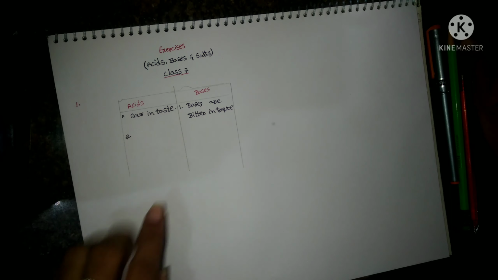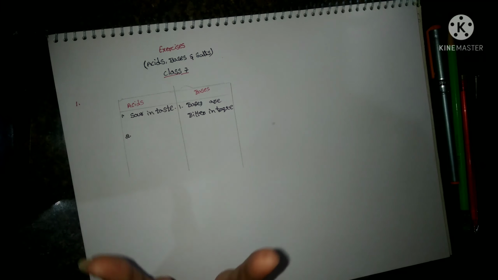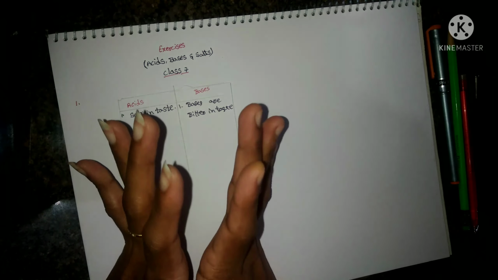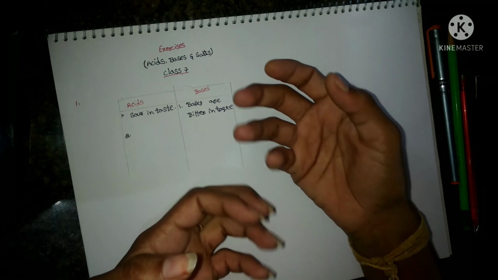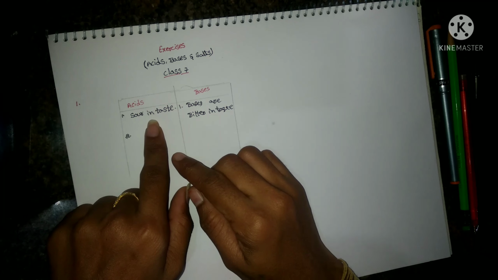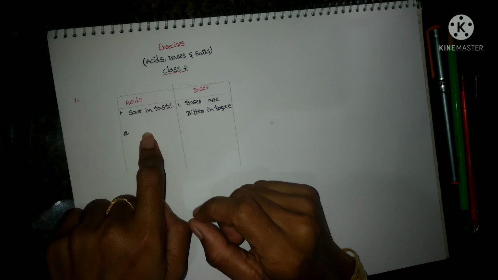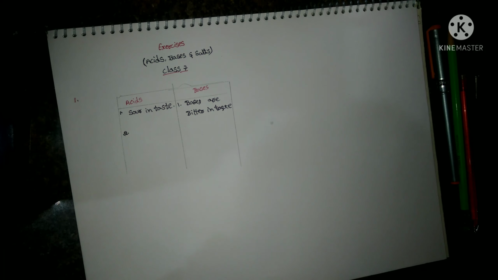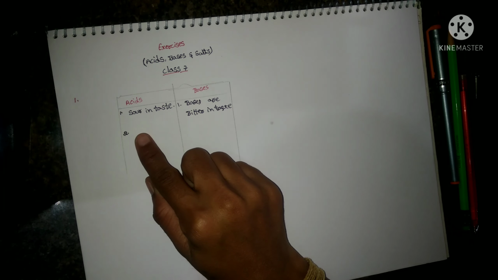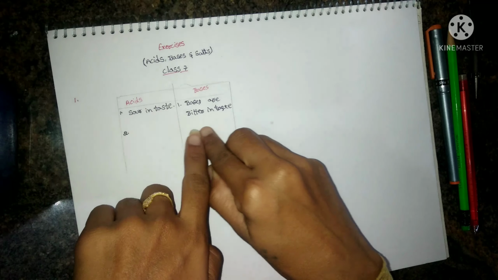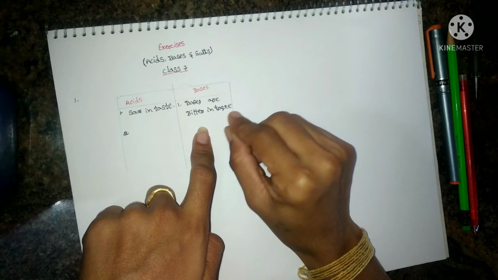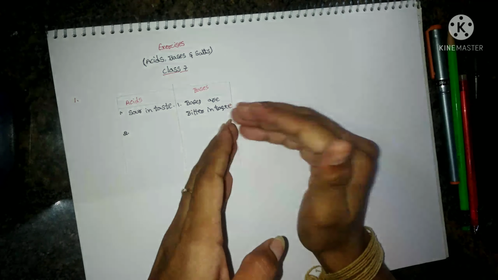So the first point, acids are sour in taste, you can write. And it is not compulsory to write the answer like this only. You have heard the lesson, right? According to what you have understood, you have to give the answer. So acids are sour in taste, this point you know, and bases are bitter in taste. Next, if you test the acids with litmus paper or solution, what is the change? That point you can mention here. On litmus solution, the purple color solution turns to red color in acids. That you can add as a second point. Exactly, in bases, purple color litmus solution turns to blue color. That point you can mention.